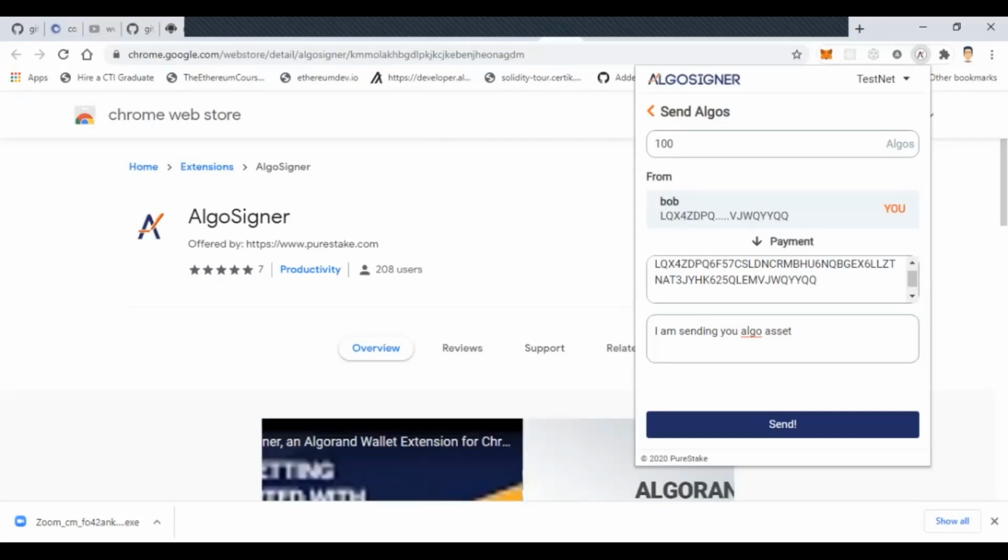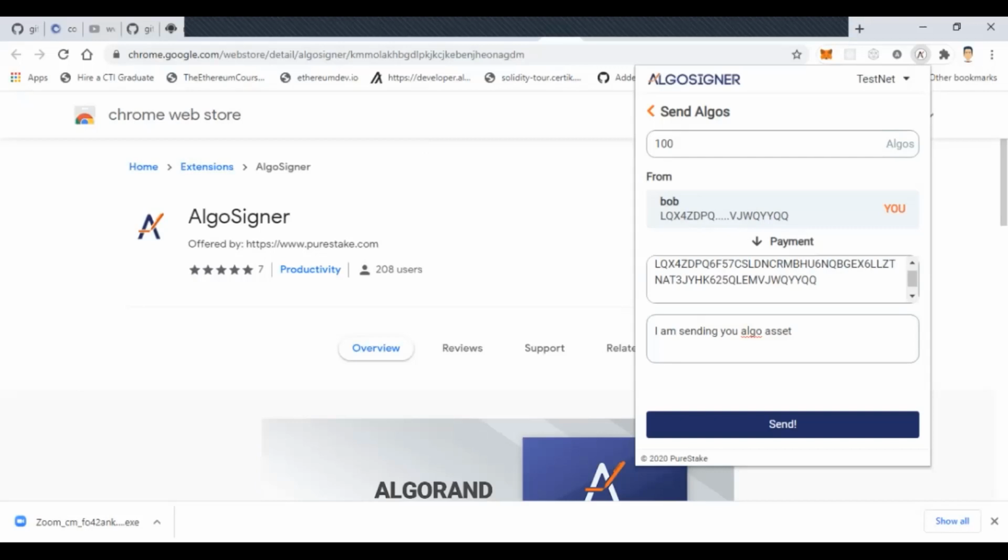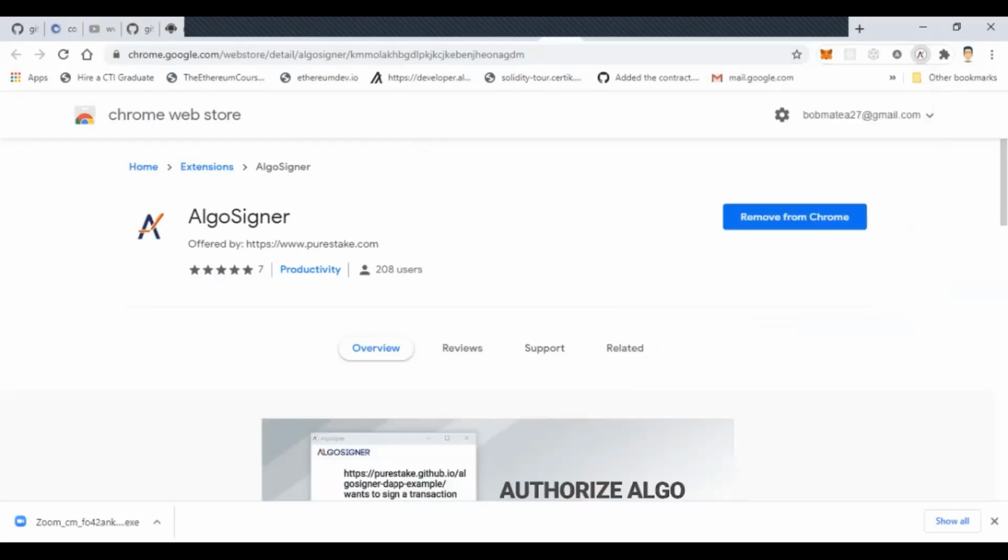Then secondly, the next is Algo Explorer. Algo Explorer. So let's go back to our